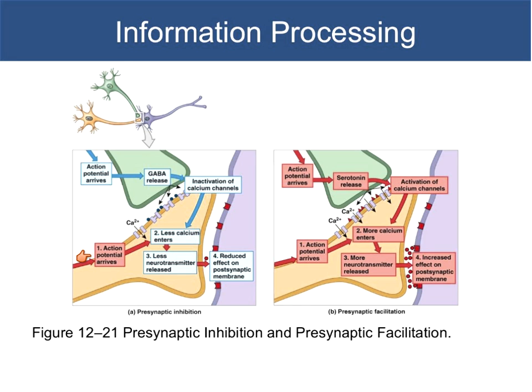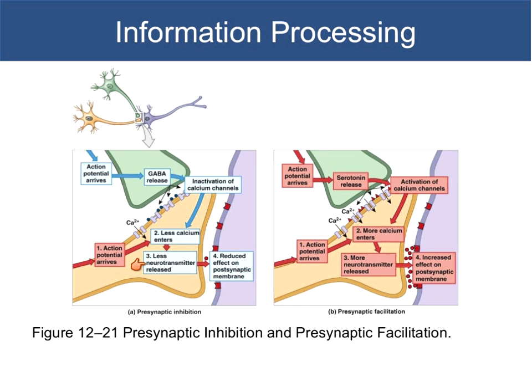So we have here our yellow cell that the action potential arrives at, and all of this information you're very familiar with. Calcium comes in, and the amount of calcium that comes in is going to trigger the release of a neurotransmitter. But from this green cell that's talking to this yellow cell, an inhibitory neurotransmitter, GABA, has been released, and notice it has an effect on the calcium channels. So as GABA is released, it acts on those calcium channels, and less calcium is going to come into the cell, which means that less neurotransmitter is going to be released